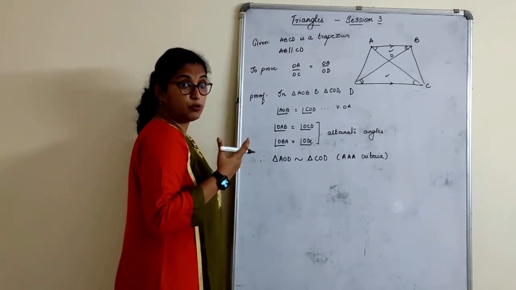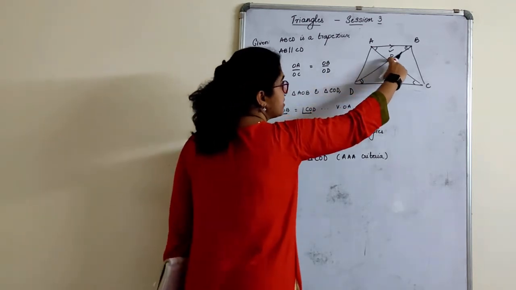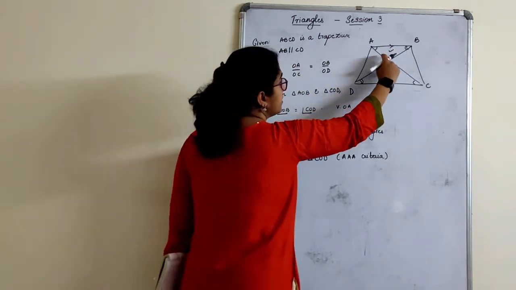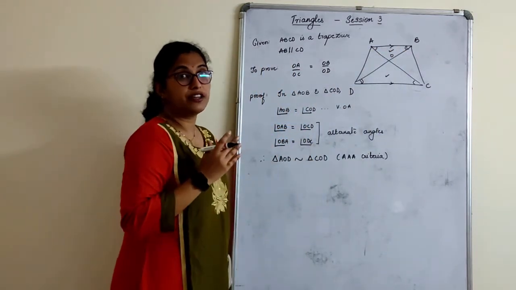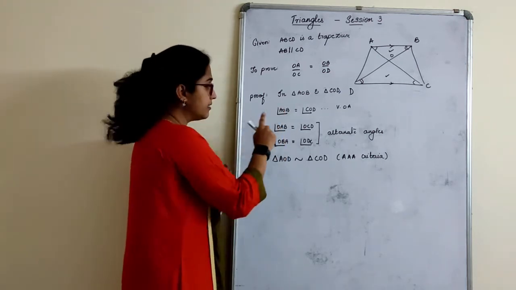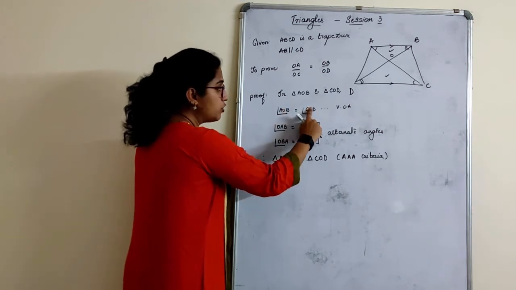How to write the proportional sides? Very simple. If you read AOB, if this is the angle, then opposite is the side. OAB, if this is the angle, this is the side. But every time you can't look into the figure and write it. Simple: the angle is always in the center. If I close this angle, what do you get? AB. If I close this, CD.